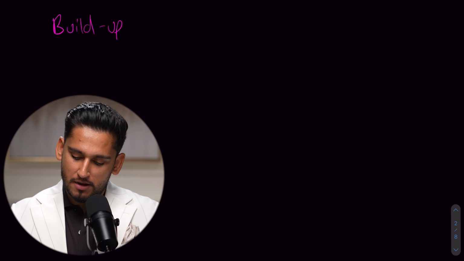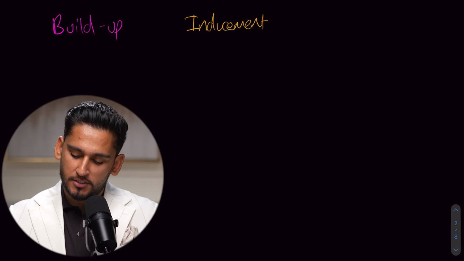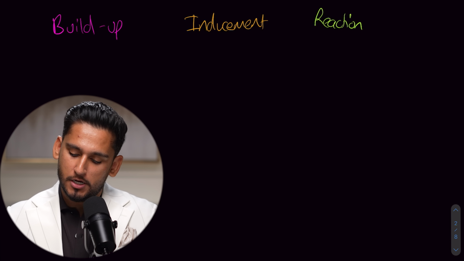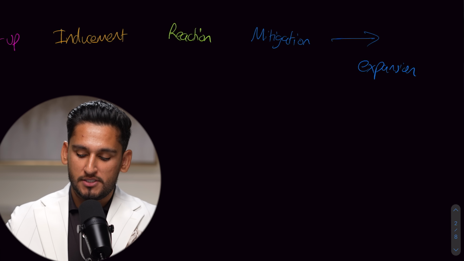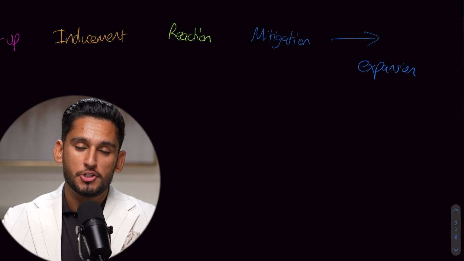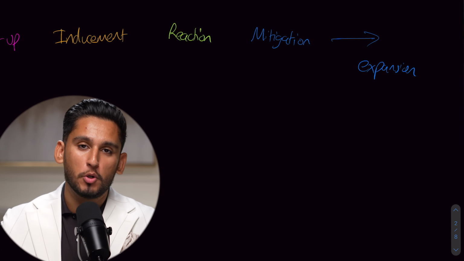So when it comes to a liquidity cycle, an inducement cycle, there's going to be 4 phases. Phase 1 is going to be build up. Next is going to be our favorite, inducement. Thereafter comes reaction. And then lastly comes mitigation. And kind of outside of the cycle, but still connected, after the mitigation you expect an expansion. You expect an impulse with intent because you've had a complete liquidity cycle. That liquidity cycle has engineered liquidity to then allow fast and aggressive, meaningful price action movement known as expansions.